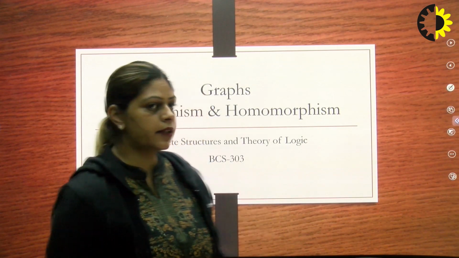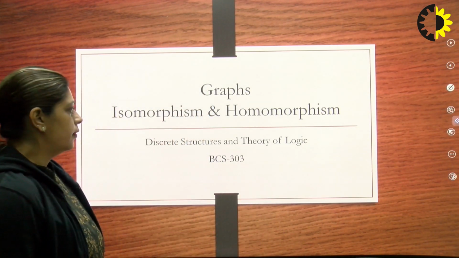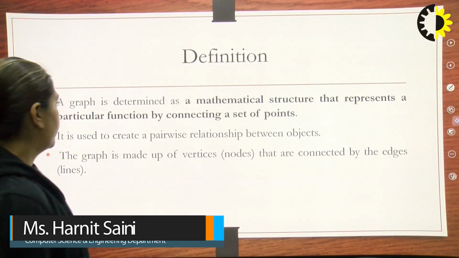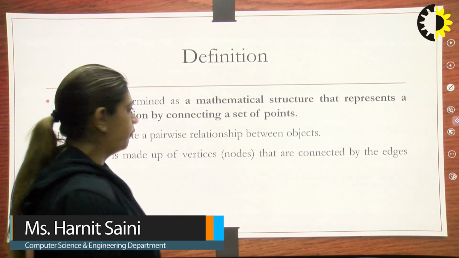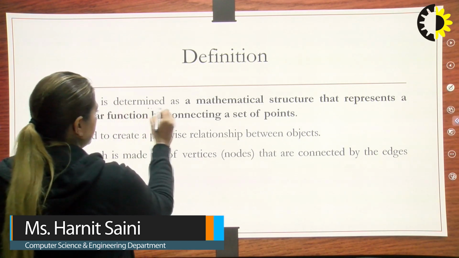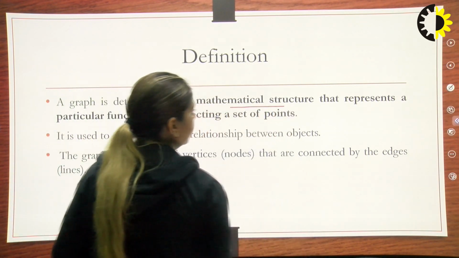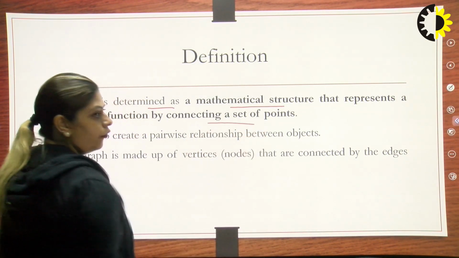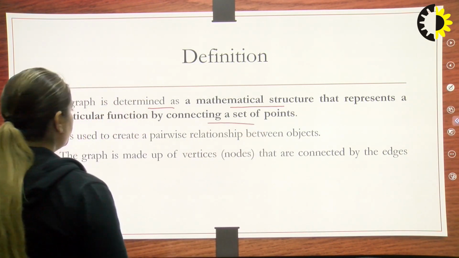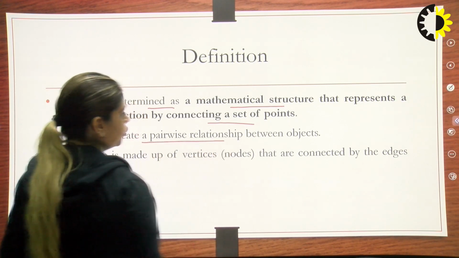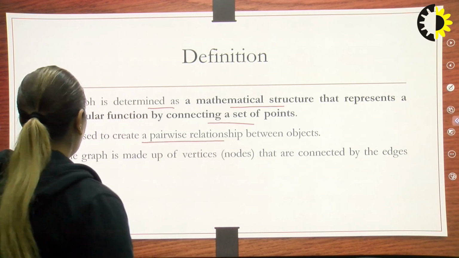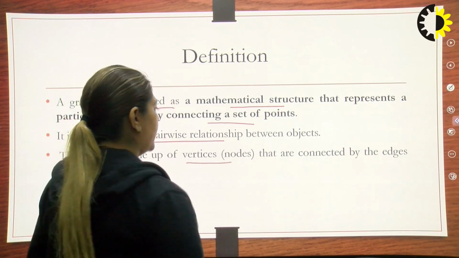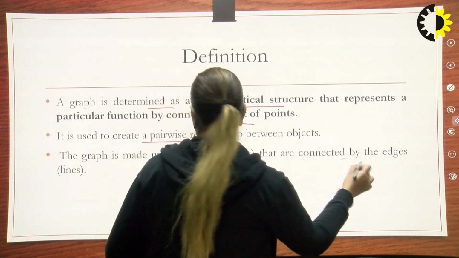Today the topic of discussion is graphs, isomorphism and homomorphism. First of all, we should know what is a graph. A graph is a mathematical structure that represents a particular function by connecting a set of points. It is used to create a pairwise relationship between objects. The graph is made up of vertices, which are also called nodes, and they are connected by edges,